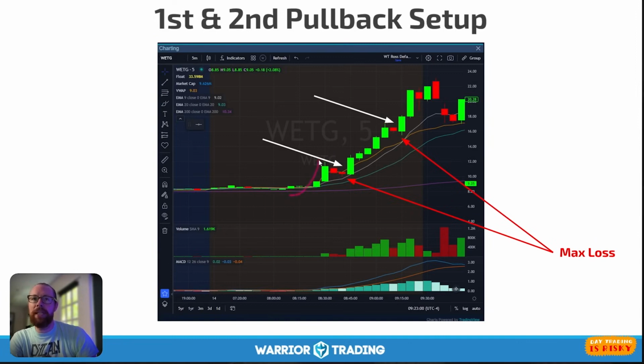So here are 2 big green candles in a row, and then 2 light volume red candles. So now my max loss is the low of this red candle right there. My entry is the second this green candle breaks the high of that red candle. So I'm constantly looking at what was the high of that last candle. Let's say in this case, it's $10.30. So now I'm thinking, as soon as this breaks 10.30, I'm a buyer.